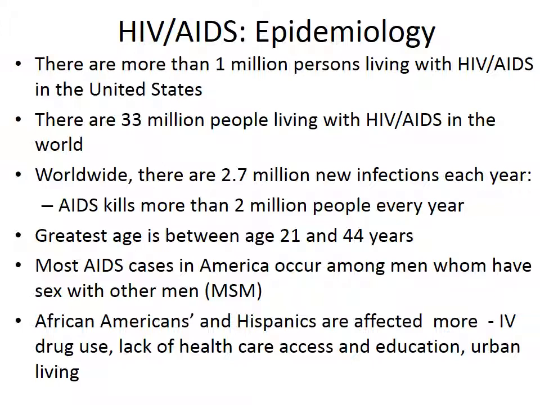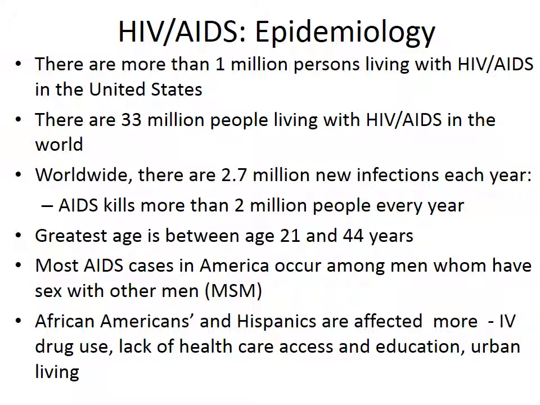The epidemiology of HIV and AIDS is that there are more than 1 million persons living with HIV and AIDS in the United States. There are 33 million people living worldwide with this disease. There are 2.7 million new infections each year, and AIDS kills more than 2 million people every year. The greatest age of